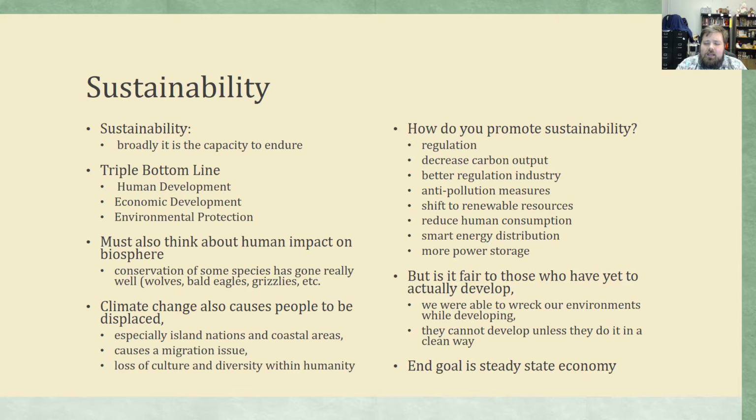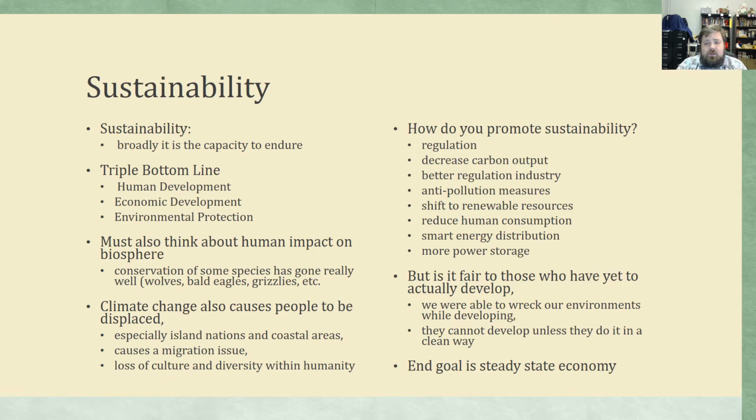But when it comes to the idea of sustainability, how do you actually promote it, right? What are the real things that the UN seeks to promote? Recently, there's been a lot of talk about the Paris Convention that the United States has recently decided to pull out of, right? Even though Paris was voluntary, these are the kinds of things that were to be promoted under the Paris Agreement, these sustainability issues.